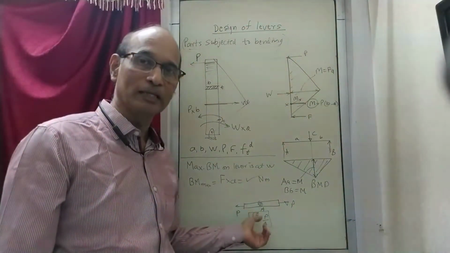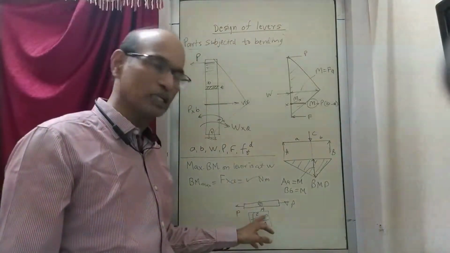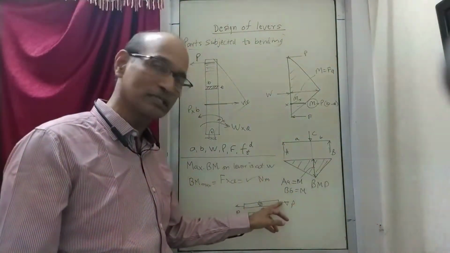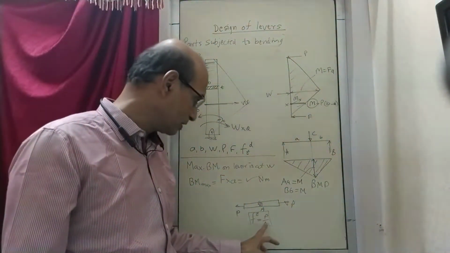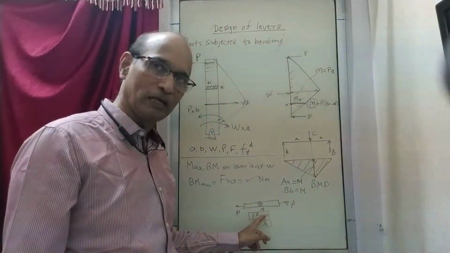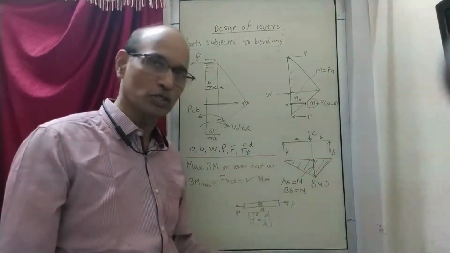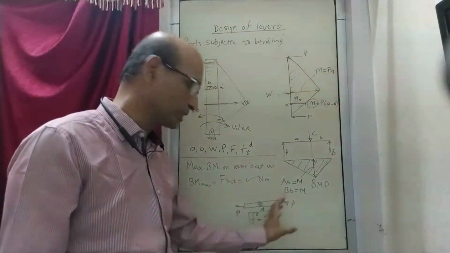Why can you design by this? Because in this equation there is a material property which is stress, there is an externally applied parameter that is load, in this case force, and there is a dimension in area which is also there. So if you are given the load acting, if you are given the material property, then you can find out the dimension. So this is a design equation. This is applicable for this exercise.